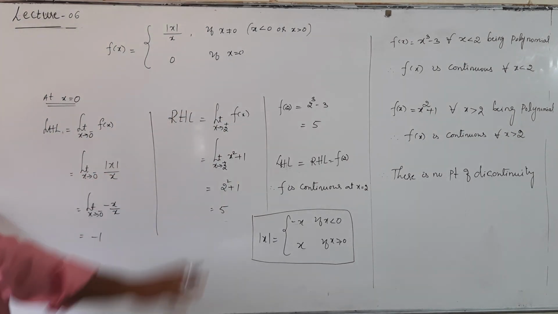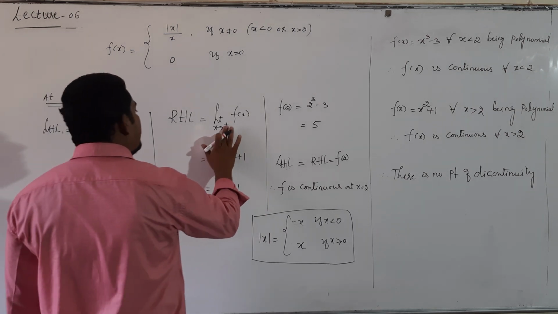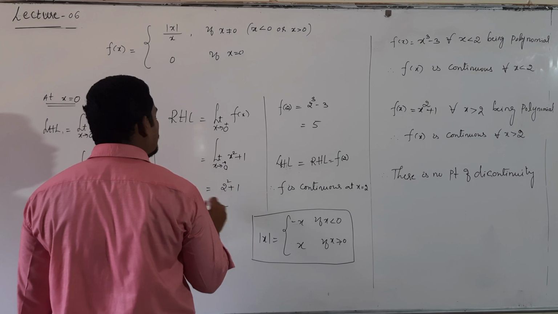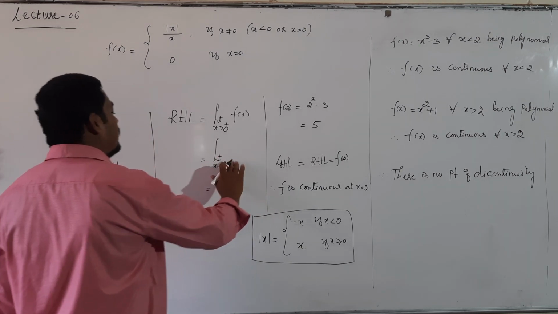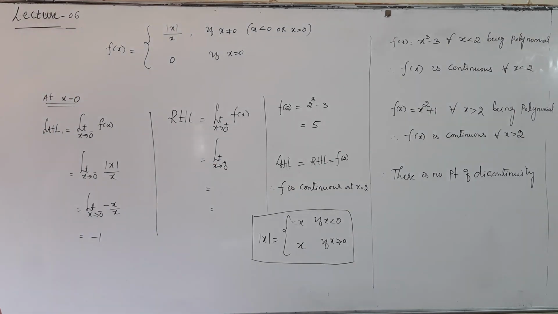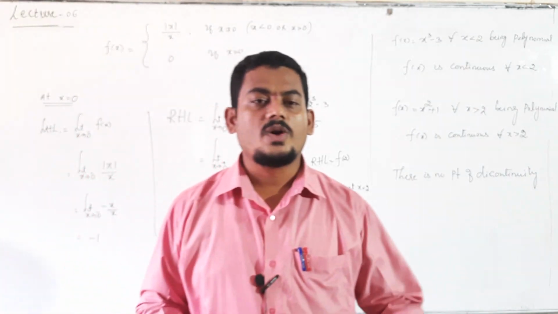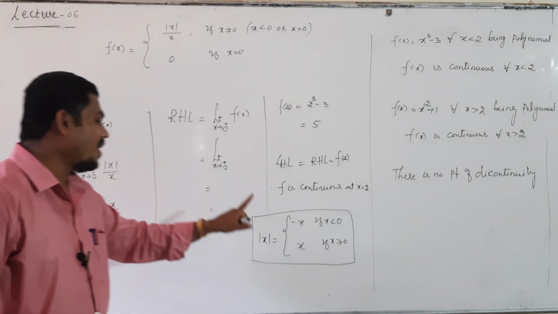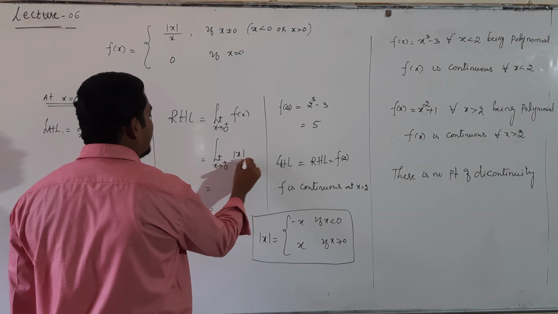Similarly, evaluate the right hand limit at x equal to 0. So limit extending to 0 plus, then what is our f of x? Extending to 0 plus means x value more than 0. Once x value is more than 0, what is the mod x output? When x value is more than 0, mod x is taken as plus x. In the first step, replace mod x by x only.